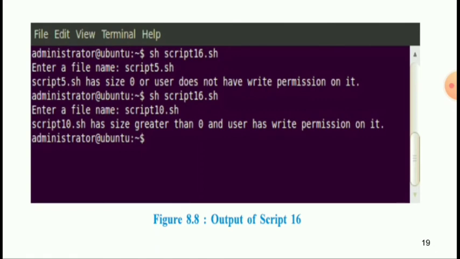Script 5.sh has size 0 or user does not have write permission on it. And the next time the script is running, enter a file name: script 10.sh. Script 10.sh has size greater than 0 and user has write permission on it. So that is the output of the script.